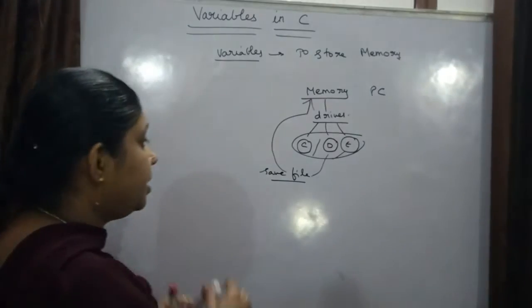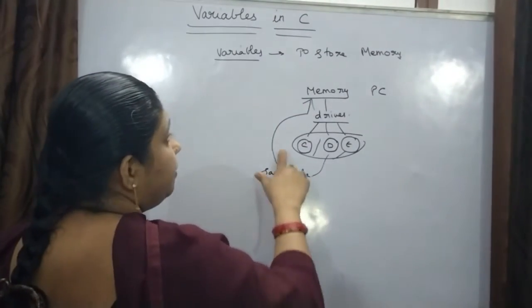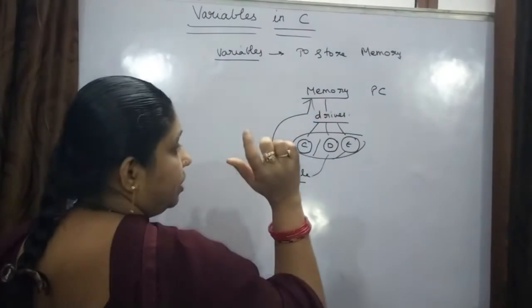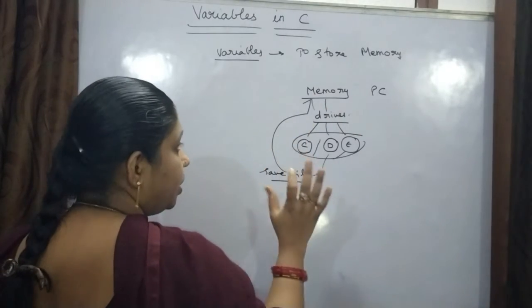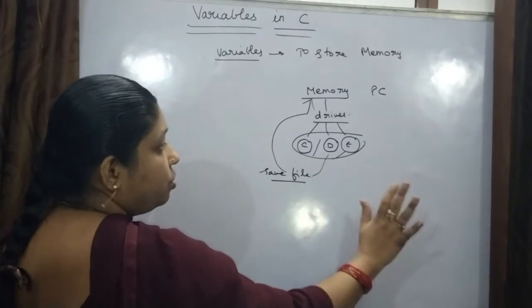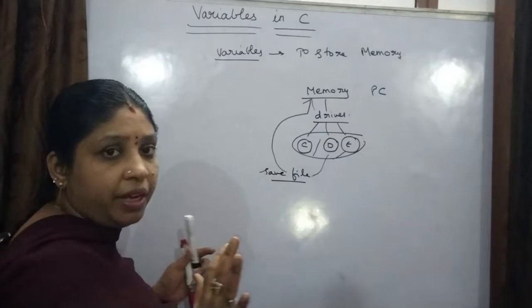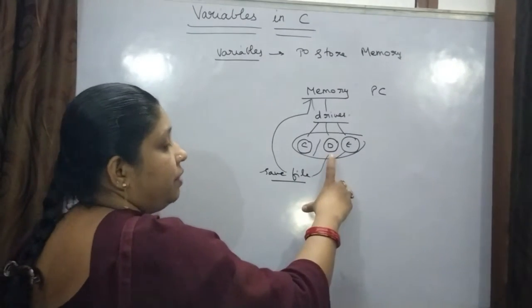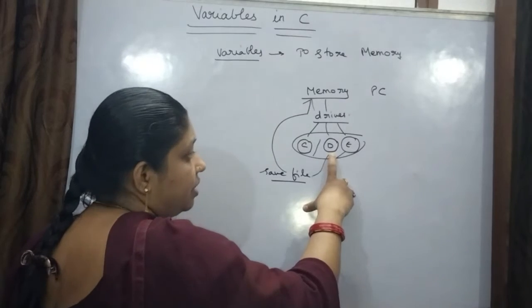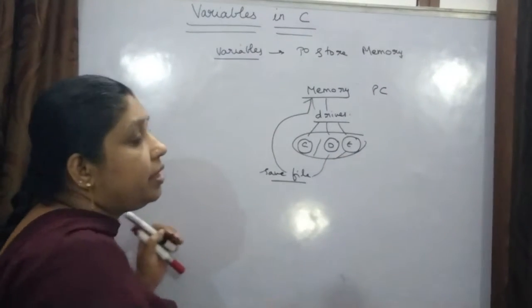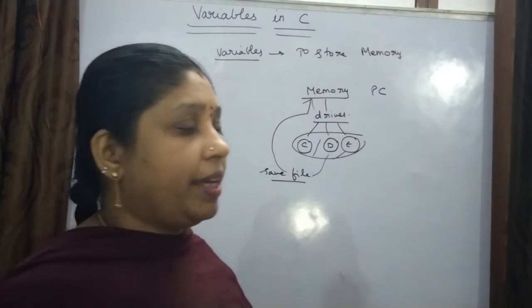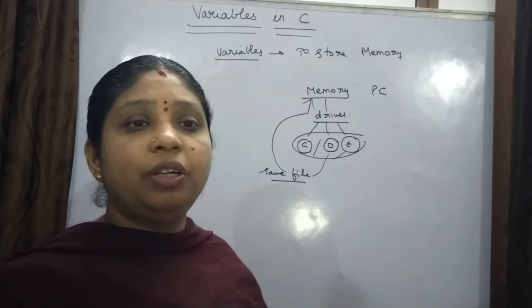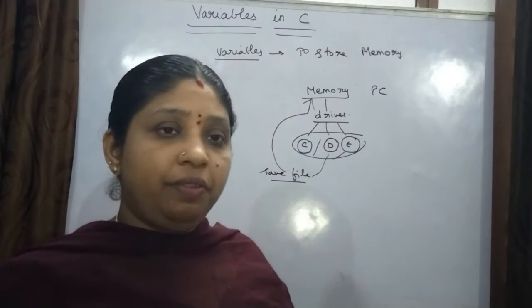Now just now I said that you are saving the file here. That file is stored in the memory, right? That file is stored in the memory. You don't know where you are saving that particular file. You don't know whether it has gone and been stored in the C drive, the D drive or the E drive. So when you want to access that file, it will be very difficult for you to take that file.